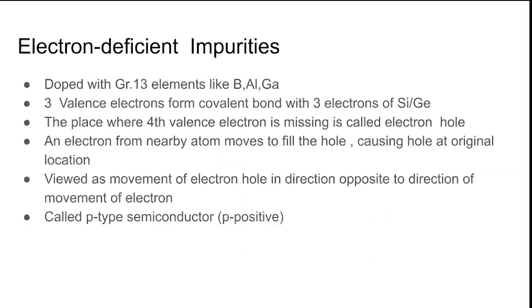Okay. And for these electron deficient impurities, as I discussed, how many valence electrons are there? There are 3 valence electrons. So there is one missing space, because 3 will form 3 covalent bonds, and one electron is without having its matching pair. Because of this missing electron, a hole is caused. We call it an electron hole. Something like this. So this is missing, so this is a hole here. These 3 are occupied, they are tied, but this is free.